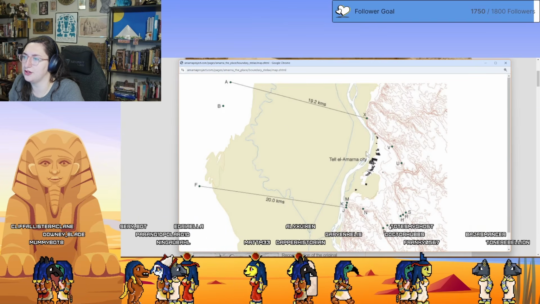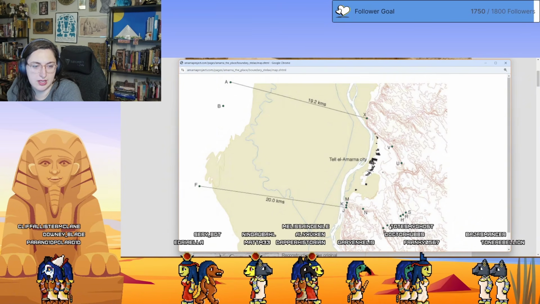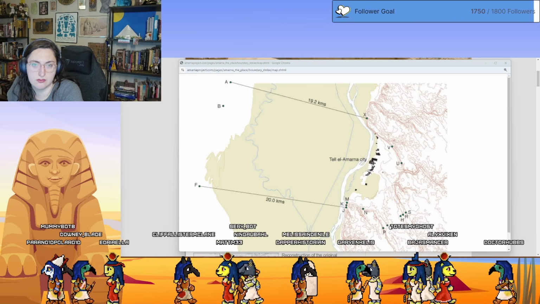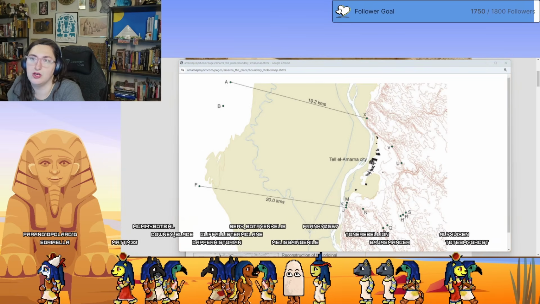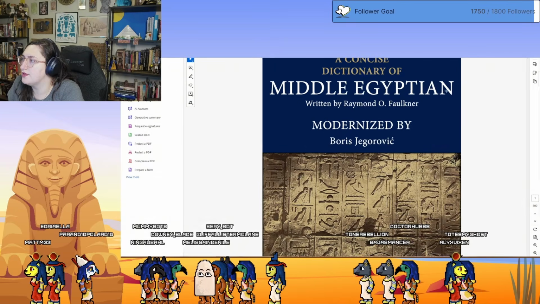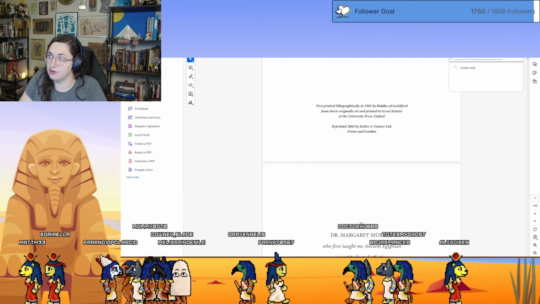The area is a little bit smaller than that in comparison. Why didn't my dictionary open up? It should always open in Adobe because it's a PDF. This is Middle Egyptian, so I'm not sure if we're going to be able to find it, but let me see if I can find